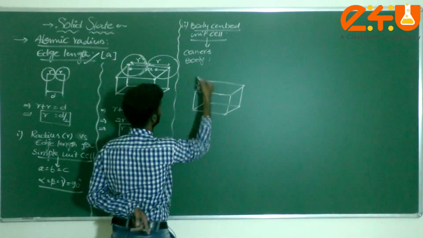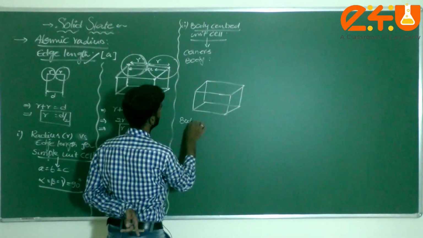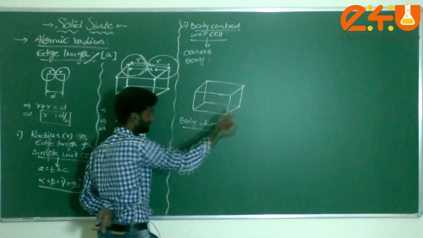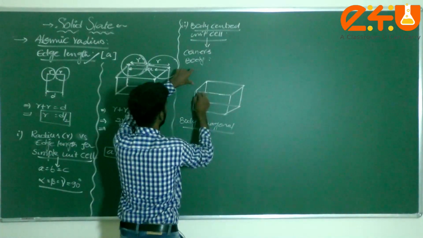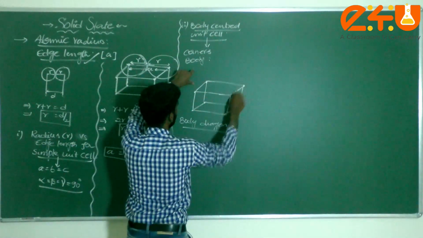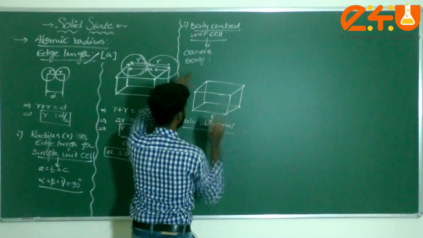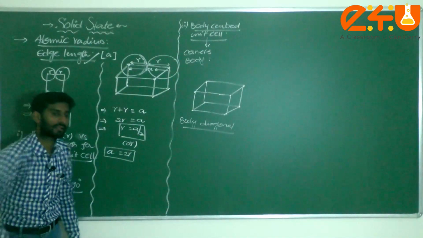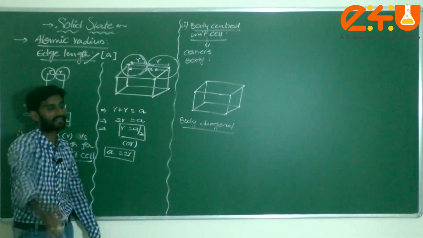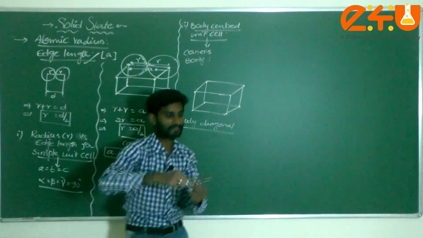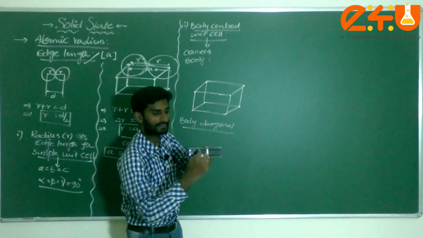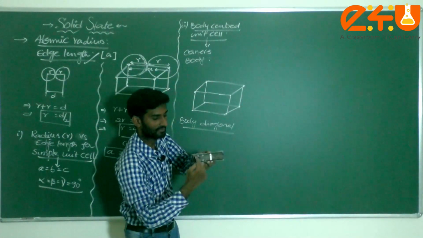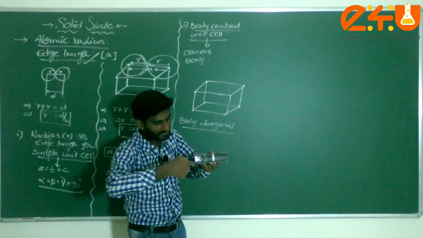Now, we know we have to consider the body diagonal. What is the body diagonal, dear student? Just represent the corners here. There are 8 corners. For example, if I stand here, what is my diagonal? This is the diagonal of this room, exactly opposite, like this, or else like this is the diagonal.